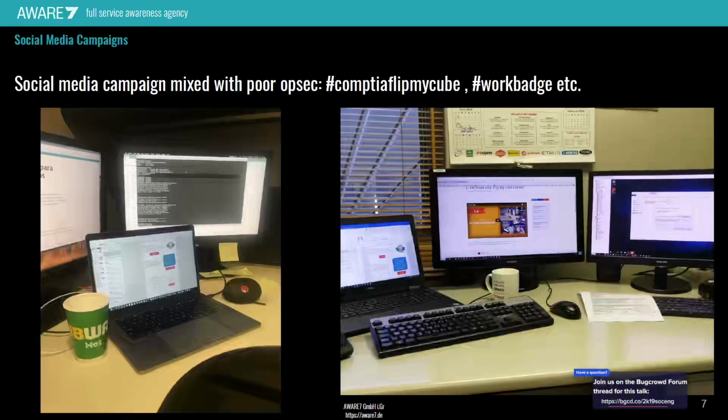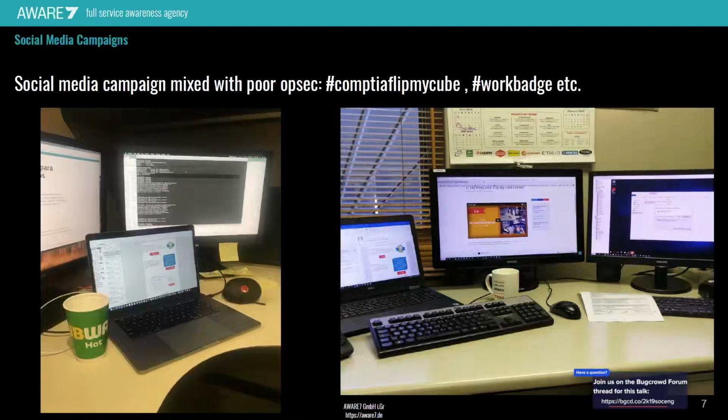For example, if we want to get firewall rules, then CompTIA Flip My Cube could be a good source of information. Even though I just checked this earlier in the day, and there aren't many posts online anymore under CompTIA Flip My Cube. There was also a best of account, which also seems to be down. If anyone has more information on why it is down, feel free to reach out to me, because I'm interested in that. So that's the first case study.